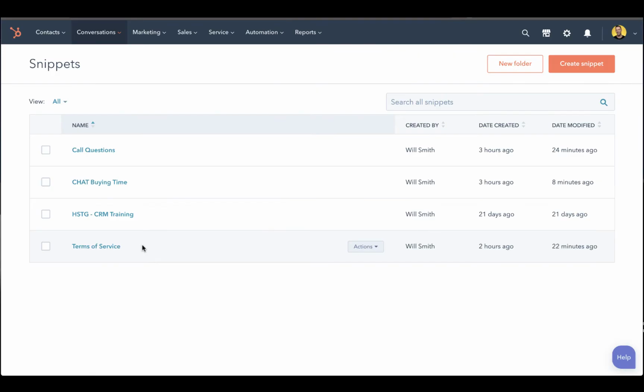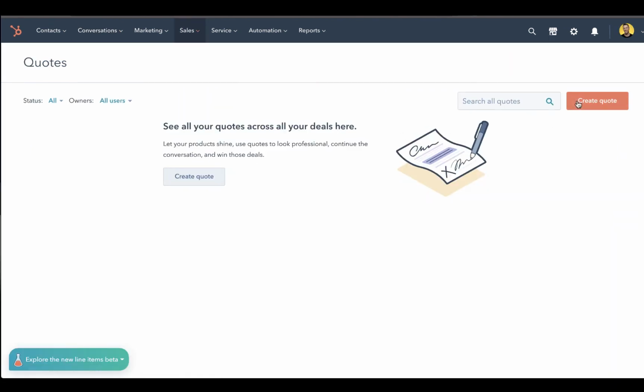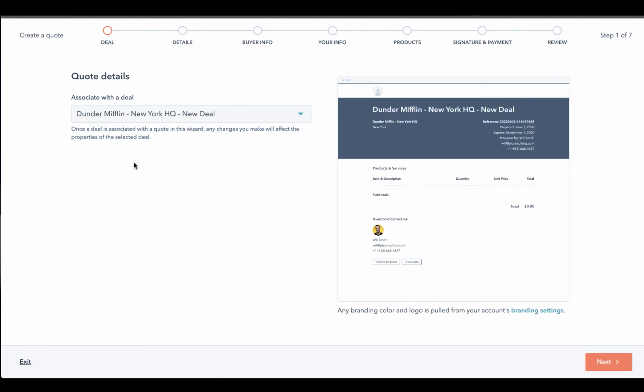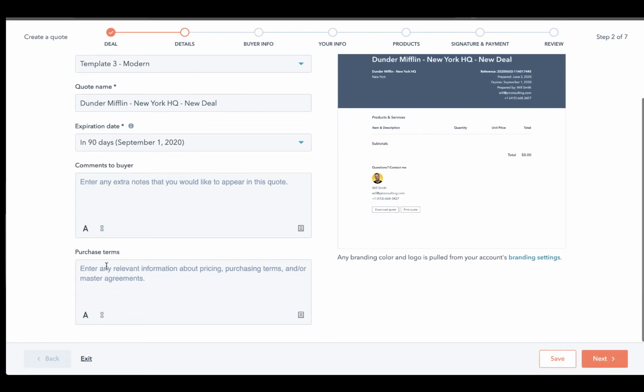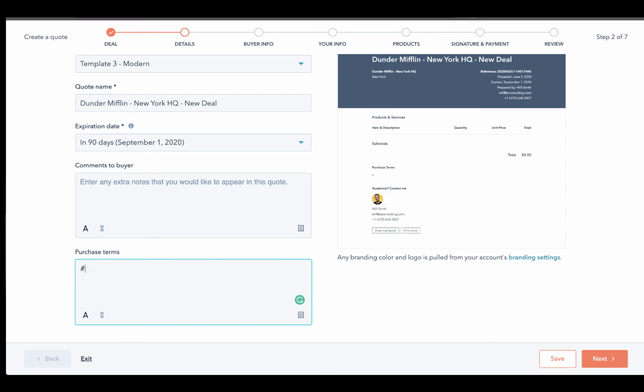Snippets are also available when you are creating a quote. So if you are using Sales Hub Pro or the Sales Hub Enterprise, you have access to this quote tool. And the way that this would work is you would create a quote. And then in this section down here, for purchase terms or comments to buyer, you can simply insert your terms of service. Now this could be a longer form terms of service, but in this example, we just created a